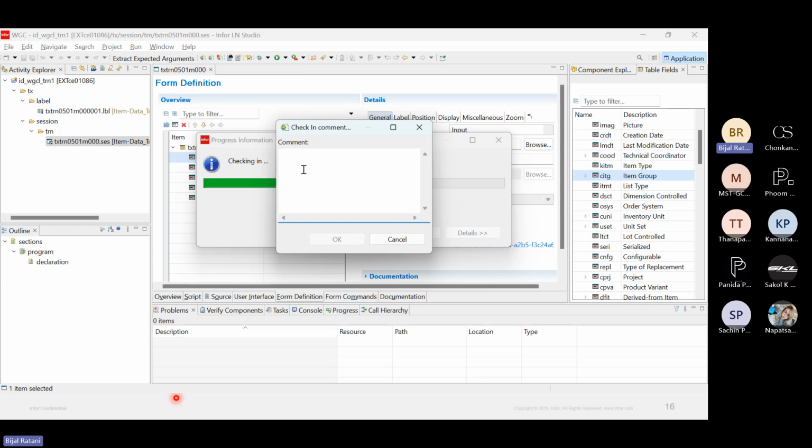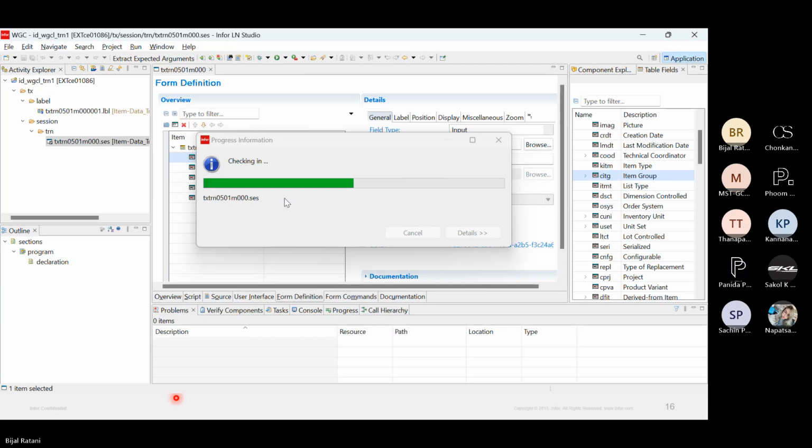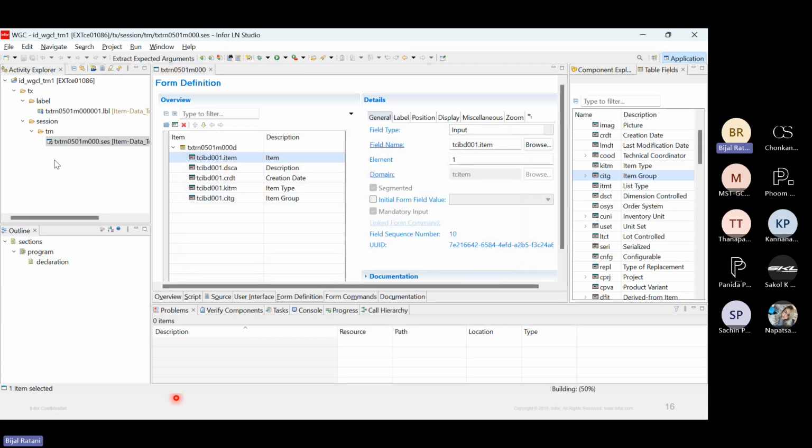Okay, so what ID I'm working for. So I'm working for WGCL training. And what is the name, meaning who has modified the component. So I have modified and on what date. So we can enter these simple information. Okay. And when I say okay, so if you see once